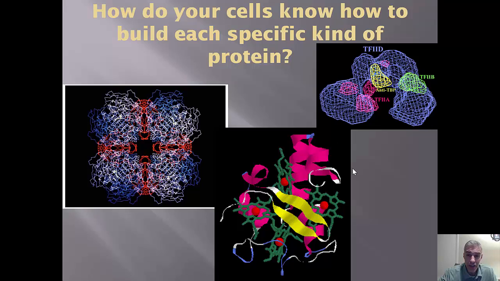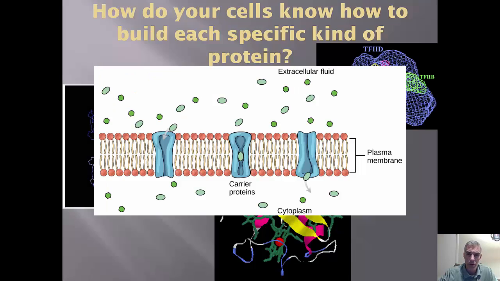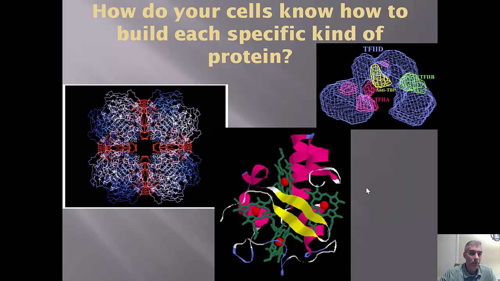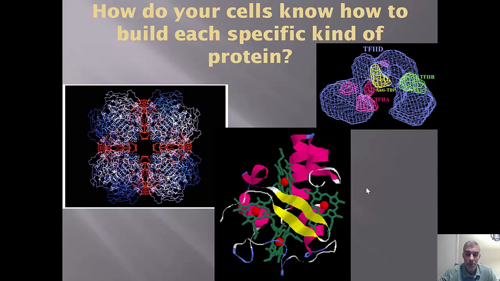How does your cell know how to build each of these little molecular machines that we have been talking about? Receptors, ligands, a lot of them are proteins, signal transduction pathway proteins like kinases, enzymes that produce second messengers, transport proteins, the sodium-potassium pump, co-transport mechanisms, microfilaments within the cell that the dynein and kinesin molecules walk on to move vesicles between the endomembrane system. All of these are made of proteins.